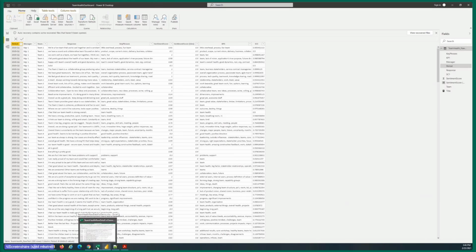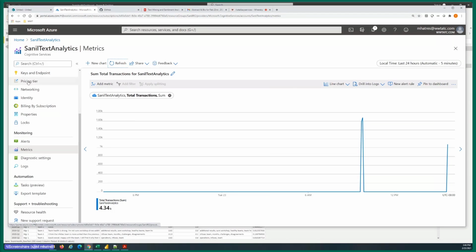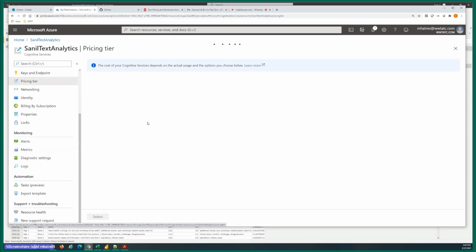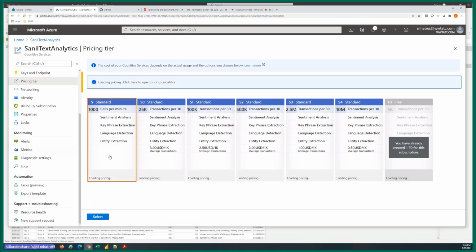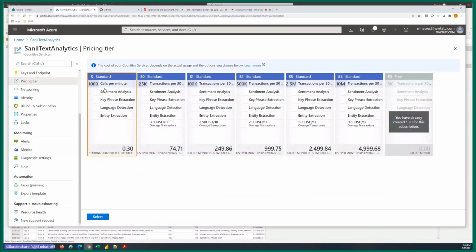Makes sense. And Mala actually has a follow-up question, which is pretty close. How much does the thing cost on a monthly basis? Yes. So let me show you the pricing tiers. And that is an excellent question. What you pay for depends on the pricing tier that you subscribe for. So here's the pricing tier.